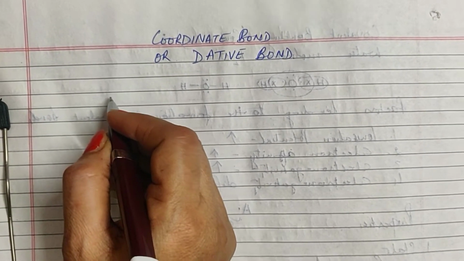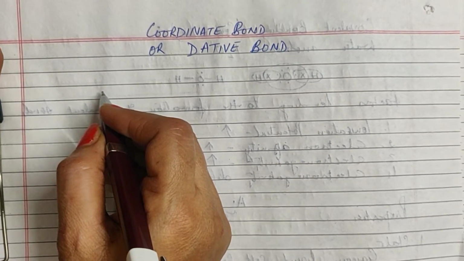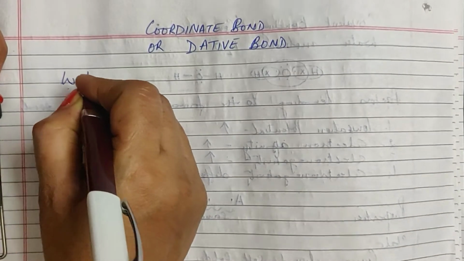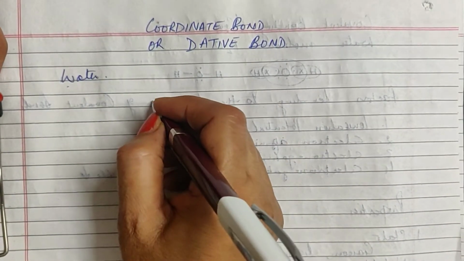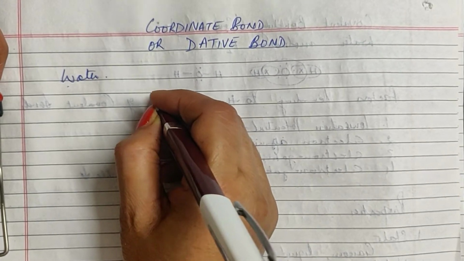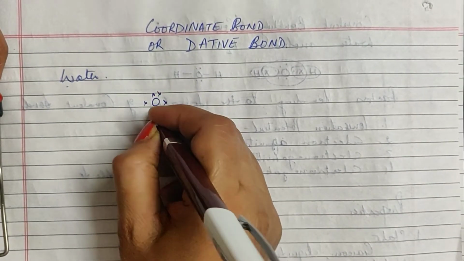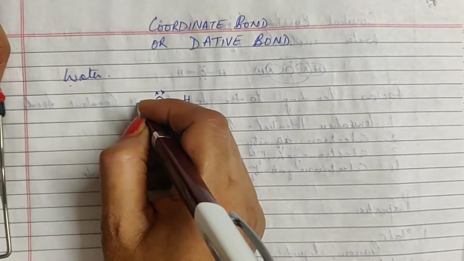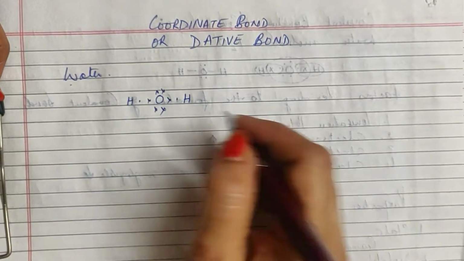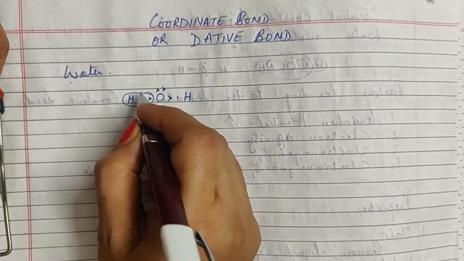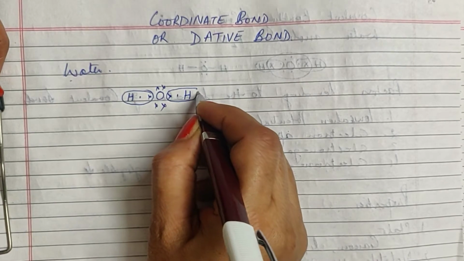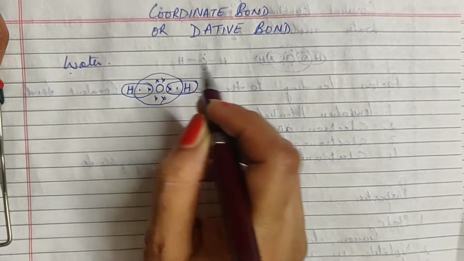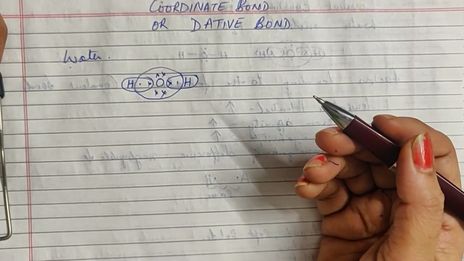We'll take an example. We will begin with a polar covalent compound. Let's talk about, say, water. When you're talking about the formation of water, oxygen is the central atom. It has 1, 2, 3, 4, 5 and 6 electrons in the valence shell. It combines one with one hydrogen, another with another hydrogen. Both the hydrogens become stable, and oxygen also in turn acquires stability, completes the octet, and that is how a water molecule is formed.